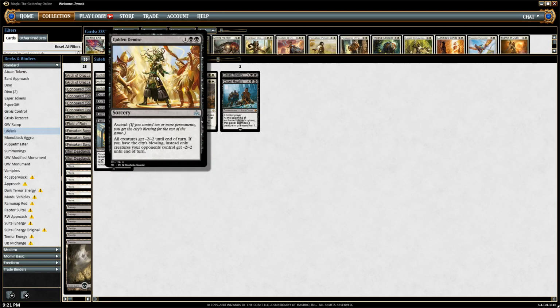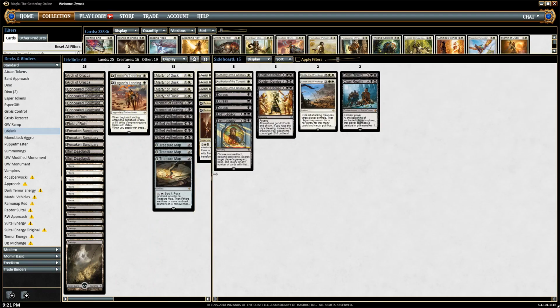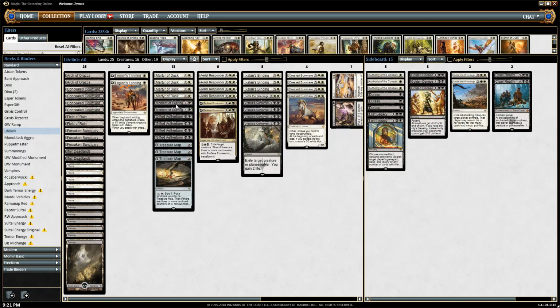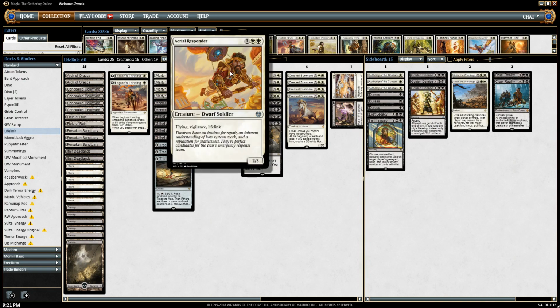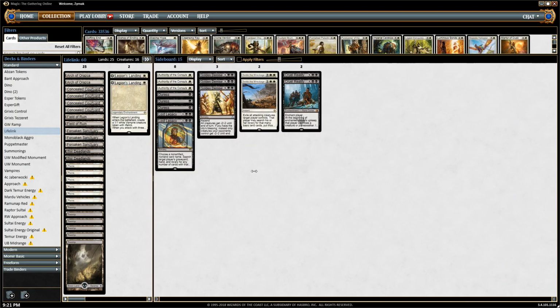Golden Demise is another card that's great against aggro. Almost all of our creatures are fine against Golden Demise. So Mutter of Dusk sure dies, but it gives you a 1/1. The Gifted Aetherborn and the Aerial Responder survive it. The Crested Sunmare survives it. And also this deck